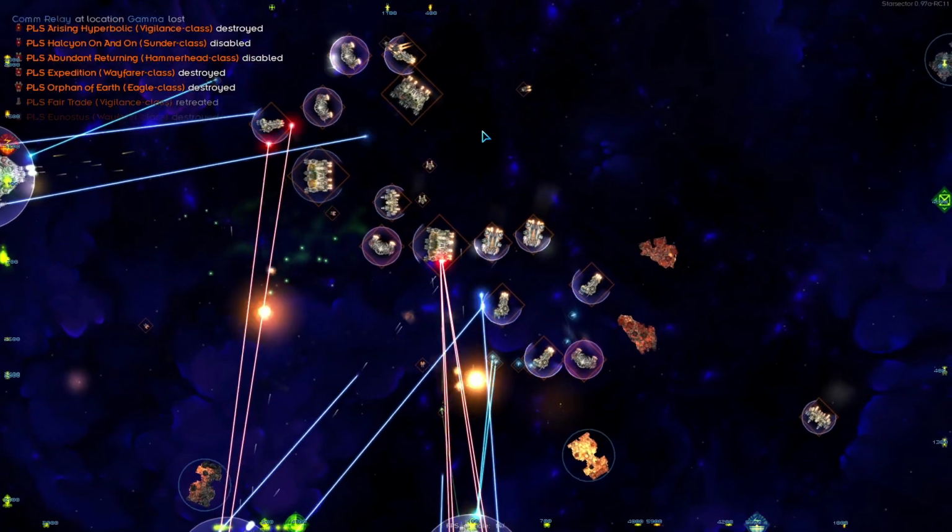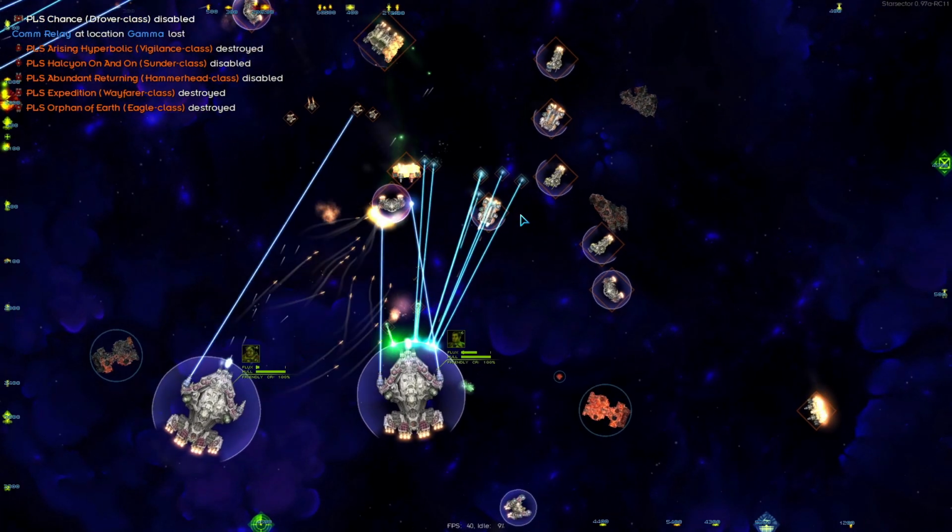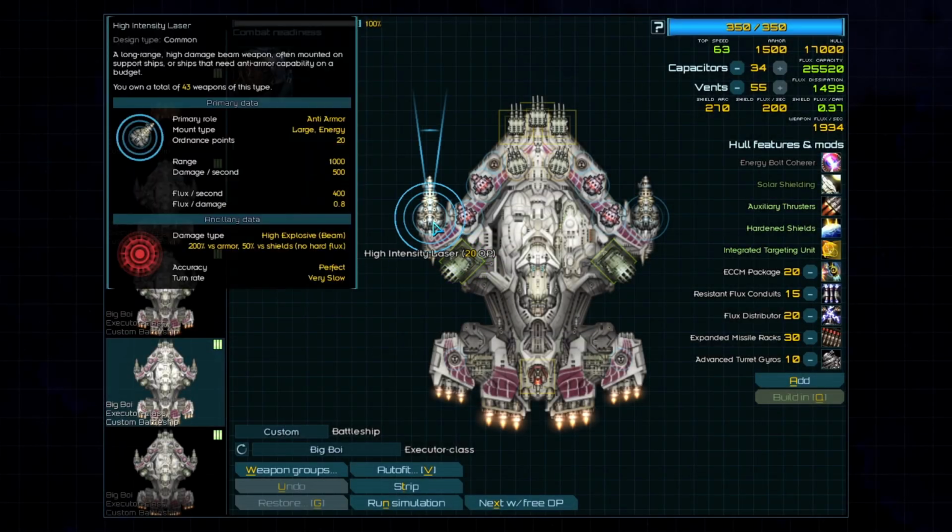Finally, the ECCM bonus should not be neglected even if the damage generated by the missiles is not significant. Now, the lasers. Our main damage largely comes from high-intensity lasers, a weapon that doesn't use much flux and has excellent range. In order to maximize their effectiveness, we absolutely need the advanced turret gyros hull mod since the weapon's turn